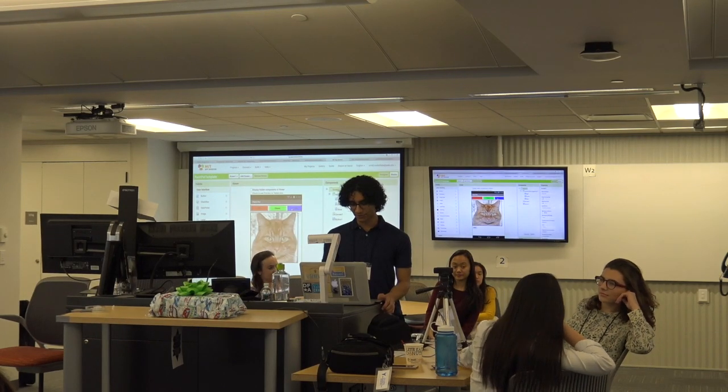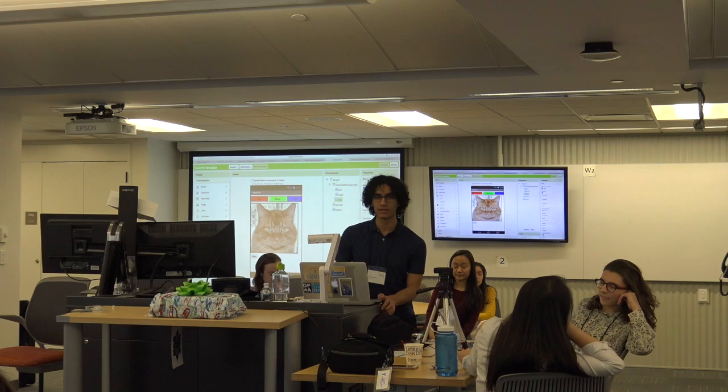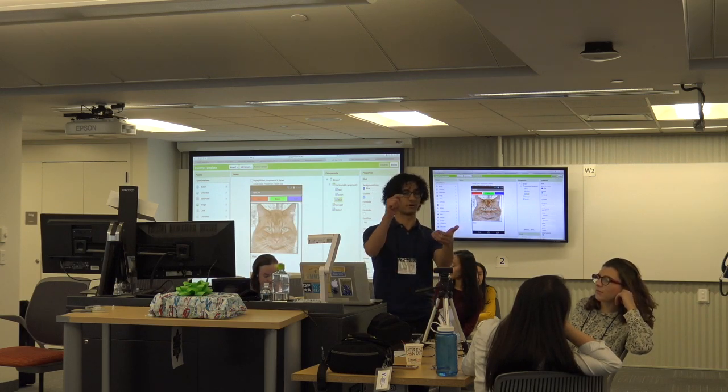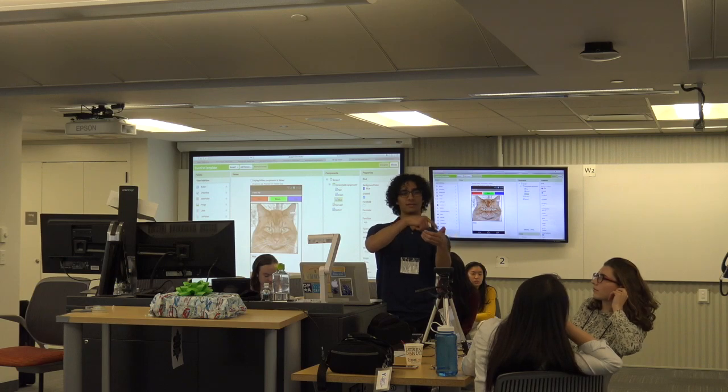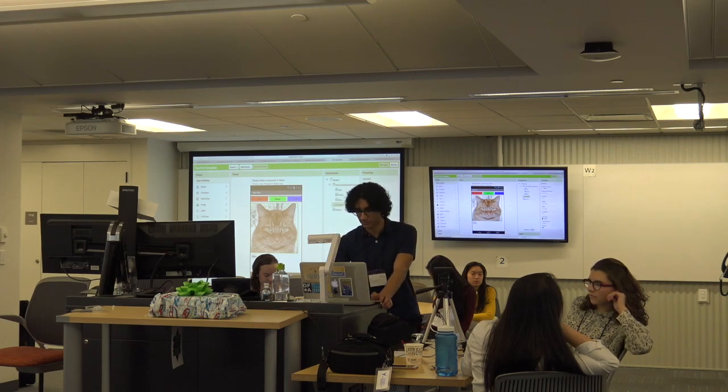A very annoying part about App Inventor is just not knowing where the parts are. This is an app that works like Microsoft Paint. The colors at the top are the color you're drawing with, and this shows up on your phone, and when you click the color, like red, you can draw on the cat in red. A challenge that comes up a lot is, for example,